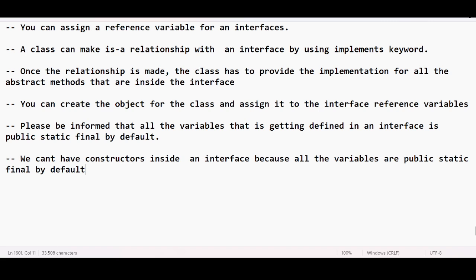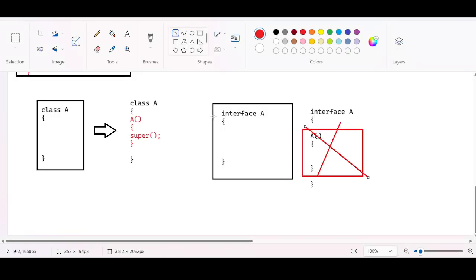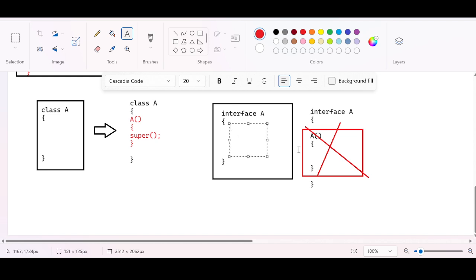What relationship does the constructor have with the variables? You cannot have normal variables. If the interface allowed normal variables like int a or float b,